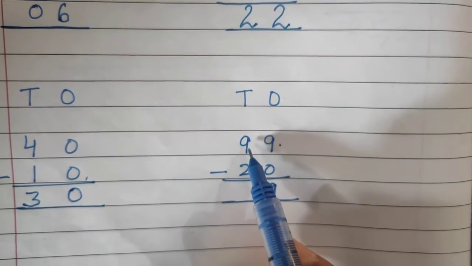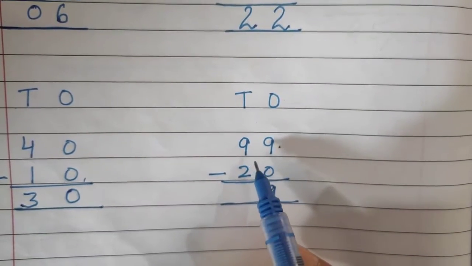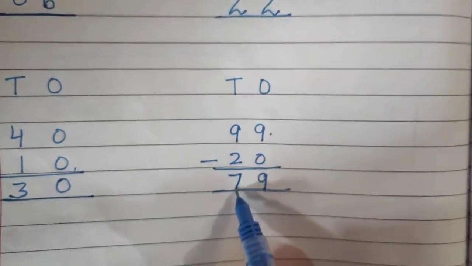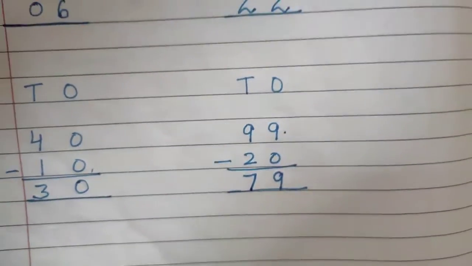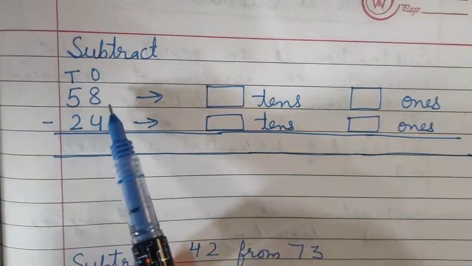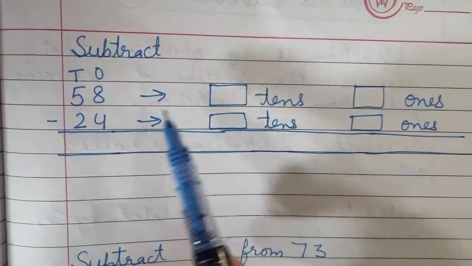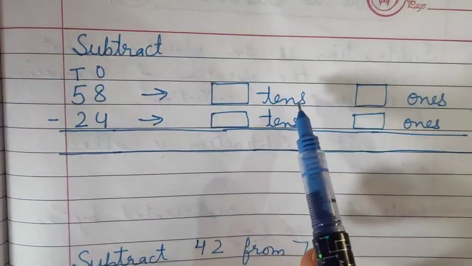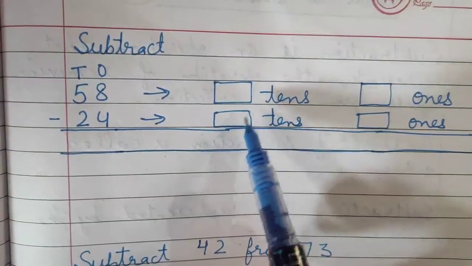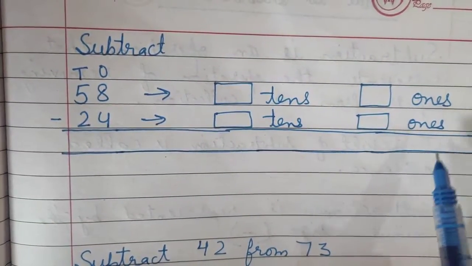In this, we have the number 9 and we have to subtract 2 from it. When we subtract 2 from 9, we get the answer 7. So we will write 7 here. See students, your question of subtraction can come in this manner also. You will be given two numbers and you have to expand those numbers. The teacher can write tens and ones and give you boxes and you have to fill in these placeholders. So see how we are going to proceed with it.